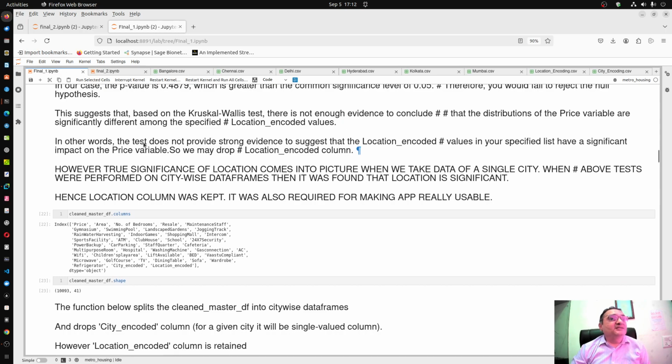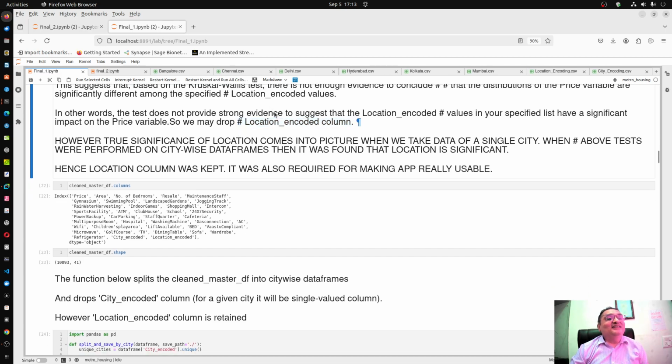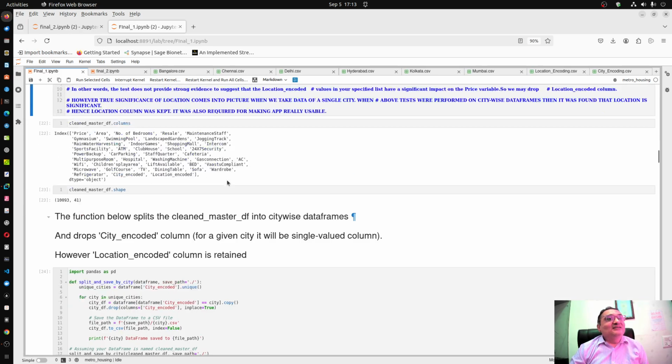But about location, though it was found that location does not matter and could be dropped, when we tried to drop it, the model accuracy suddenly plummeted. It was around 60%. Now property prices are in crores in these metro cities. So if there is 40% error in maybe a 5 crore property, that is too big an error to be acceptable. So we decided that let's keep the location at present, and we will perform the same test, Kruskal-Wallis test,